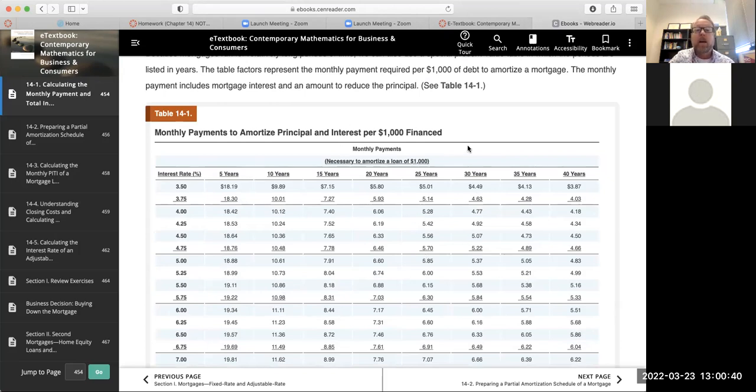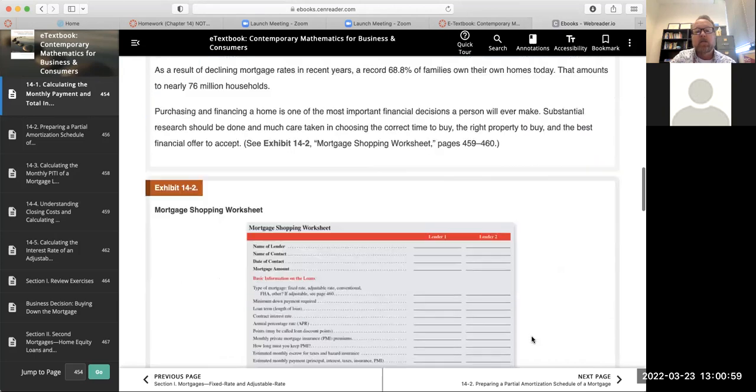The big question here is you have to divide your total mortgage by 1,000. So if you're buying a house for 150,000, you need to divide the amount by 1,000. So 150,000 divided by 1,000 would then be 150. And then you would take the 150 and multiply it by the table factor. And I'll show you how to do that in just a second. So if I scroll down here,